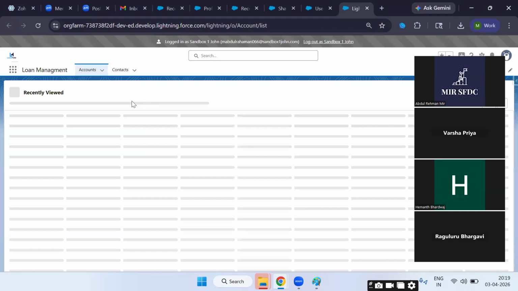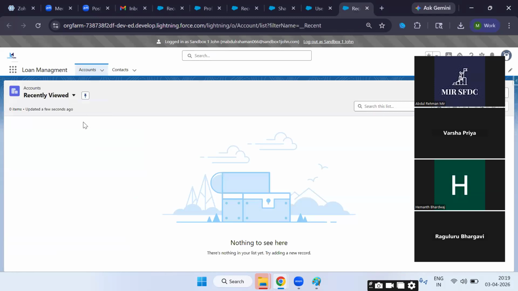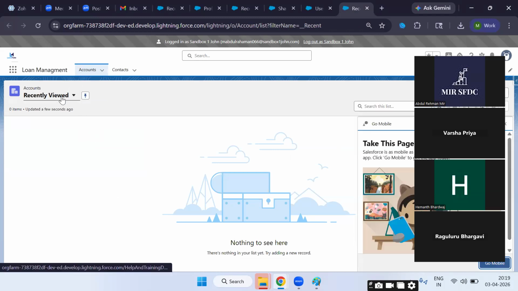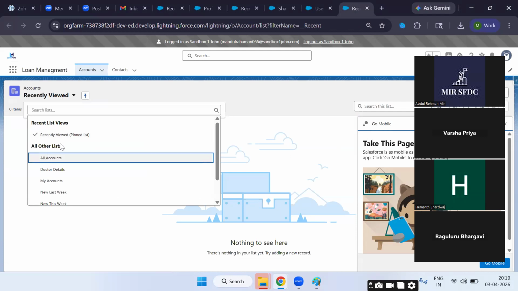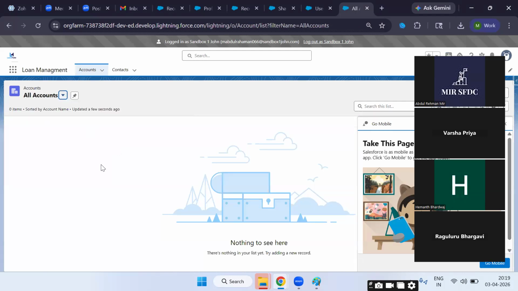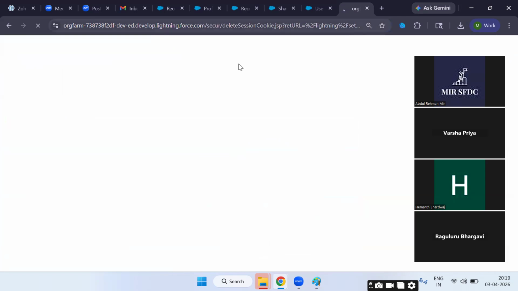But in the second permission set, we have removed the access. In the second permission set, we need to give access to the object. This is account. If I click all accounts, I can't see any of the records. Correct? If I click log out from here,